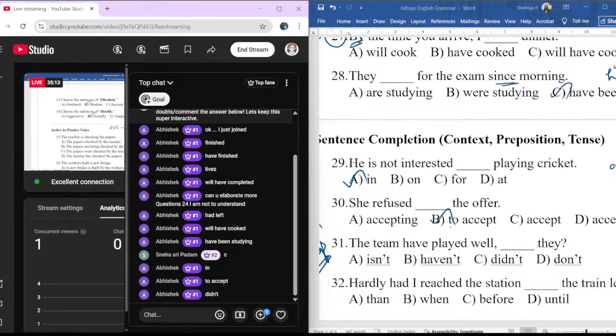Okay, so this is question tags. When you encounter question tags, you have to look at the verb have. The verb is have, so you just add not to it. Haven't. The correct answer is haven't. The team have played well, haven't they? When you want to make sure of something, when you know something for sure, you will ask a question, right? You will ask a question like